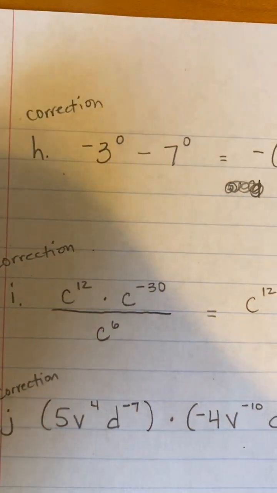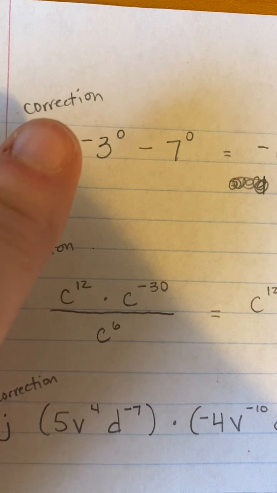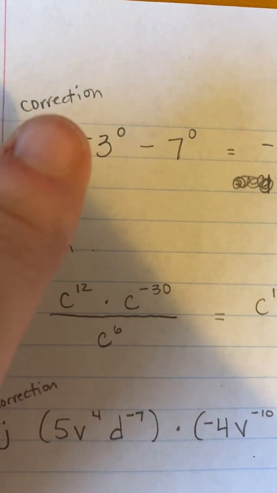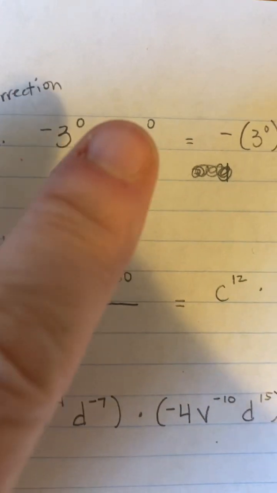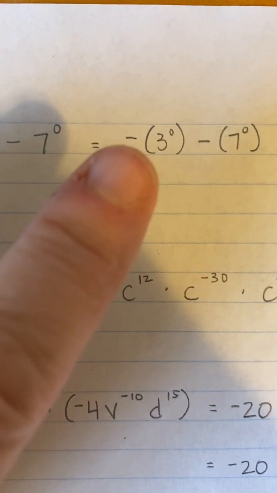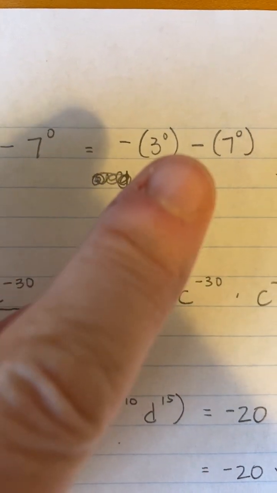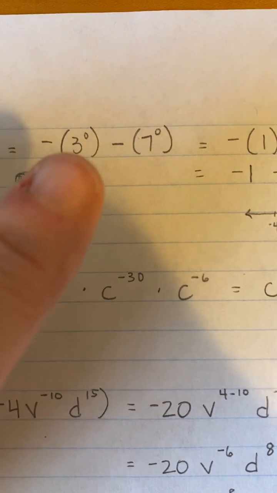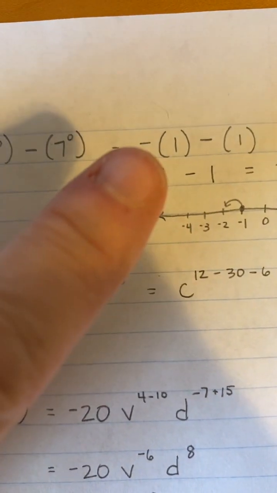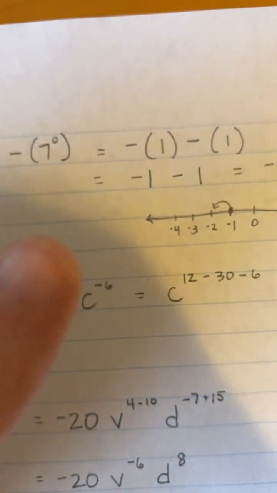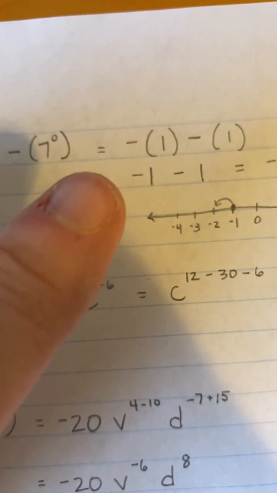So remember, the negative is outside the parentheses, so we're going to treat just 3 to the 0 and then turn it negative. And then same here, 7 to the 0. So I put the 3 to the 0 in the parentheses, so it was negative 3 to the 0 minus 7 to the 0. And you know that anything to the 0 is 1. So there's the negative still on the outside. There's the 1 minus the 1. And then I can just take the parentheses away and get